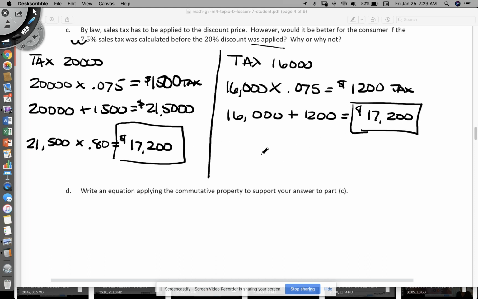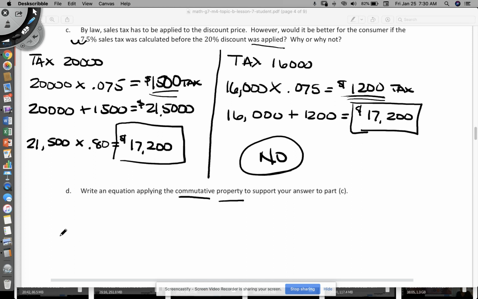So does it matter? No. You're going to get the final price at the end anyways. The tax may be different, how much you pay in taxes. If you notice here, I paid $1,200 and over here I paid $1,500. But in the end, you're still going to pay the same purchase price. And what we just did there is called commutative property. All right, so commutative property is basically showing that we could do this math in 2 different directions and still